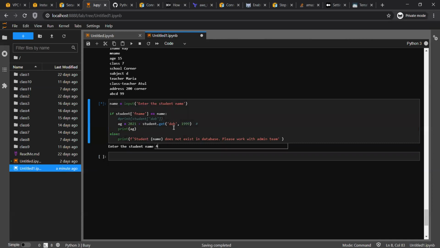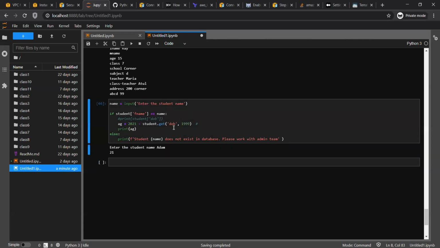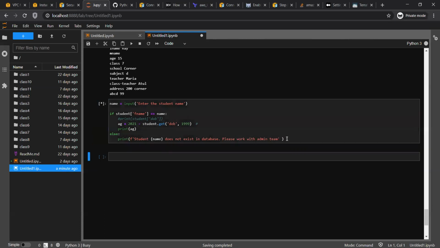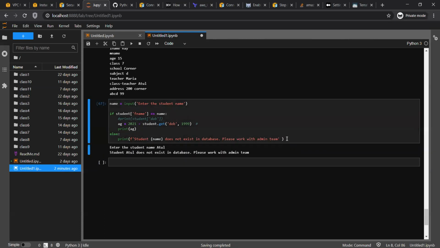Now, if someone has entered Adam, it will return the age, okay? But suppose someone entered Atul, so it will return me a proper statement. By this, whoever is using your program will have the understanding.